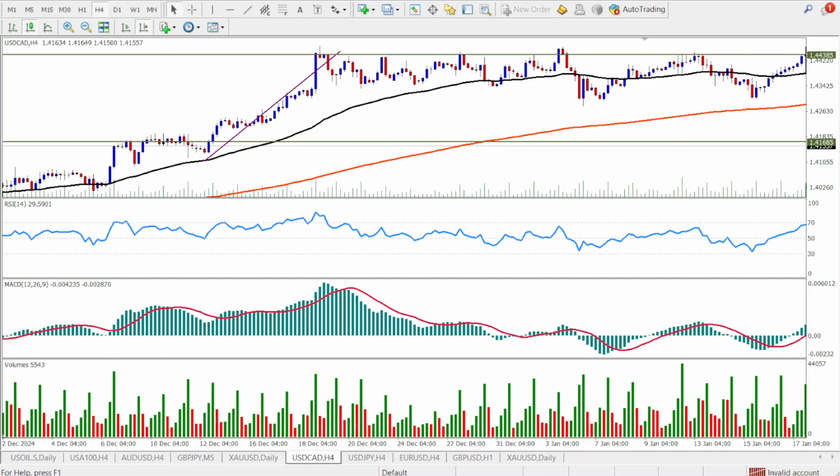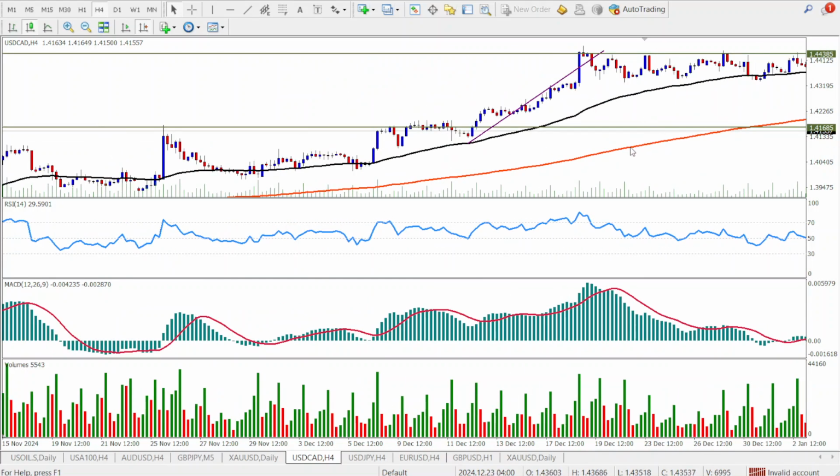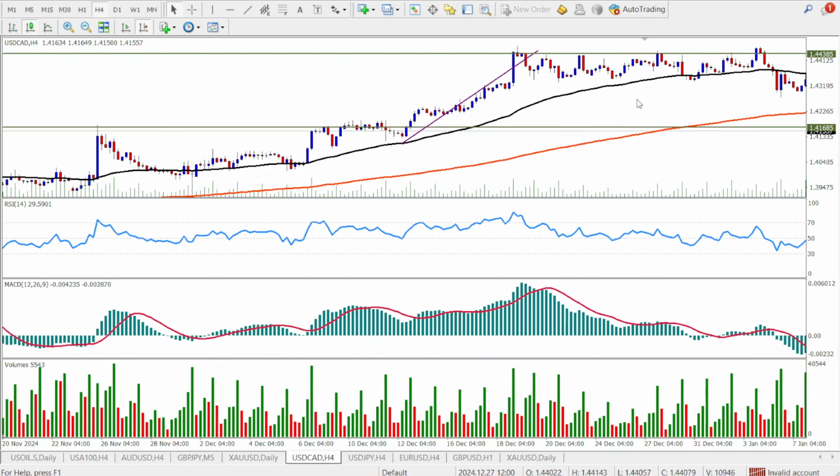So now let's just talk about risk management. Even the best momentum strategies won't work without proper risk control. And here's how you can stay safe. The first thing to do is always make sure you set stop losses. After you enter a trade, whether it's a buy trade or a sell trade, ensure to always have a stop